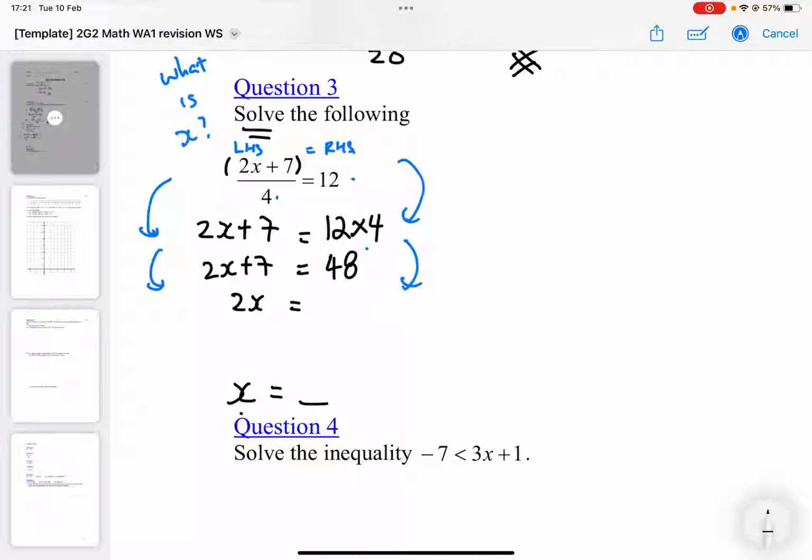Okay, I don't want the plus 7 because finally I only want x. So this 7 doesn't contain x, I throw it to the other side. Okay, then to remove it from the left, plus 7. How do I make plus 7 become not there, become 0? I need to subtract 7. So what I'm doing to get to this next step is actually I minus 7 on both the left and